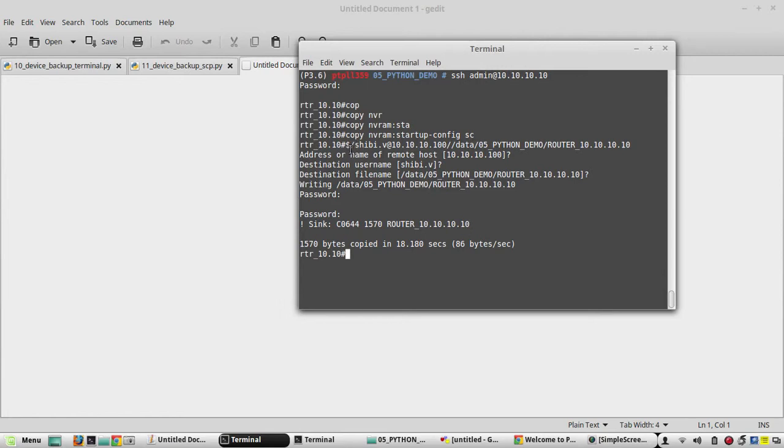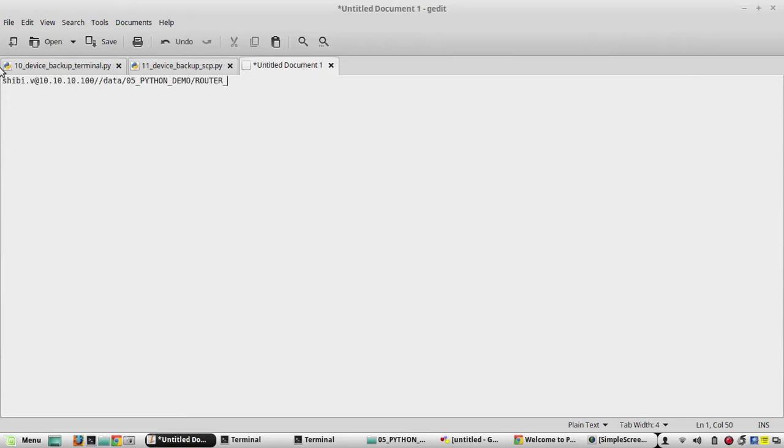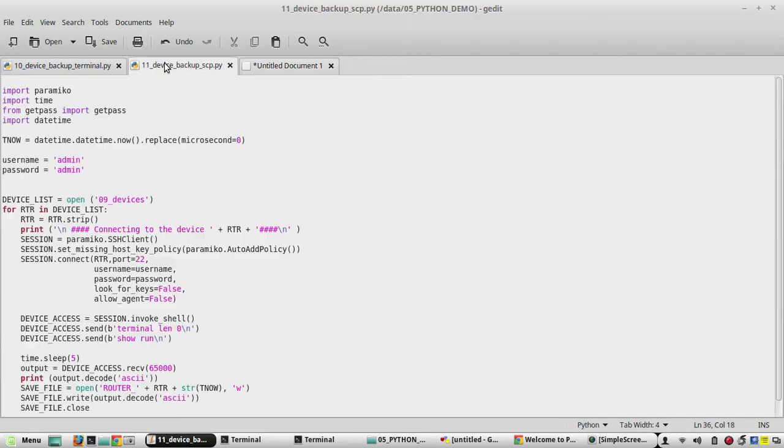So first we'll build the command here. Copy nvram startup-config space SCP ://. So I'll copy this complete command, then I'll go to my new script. Here